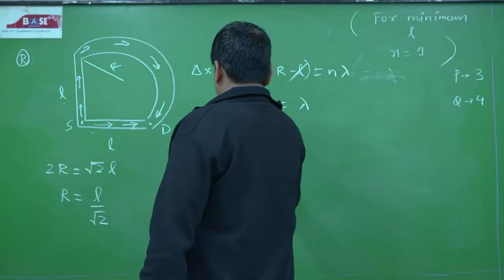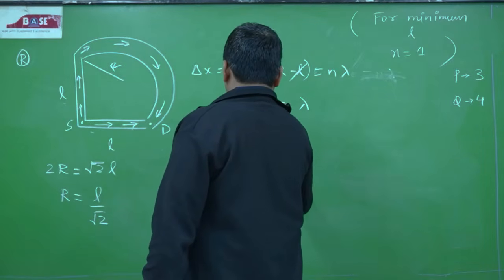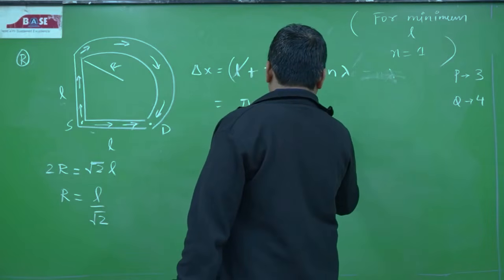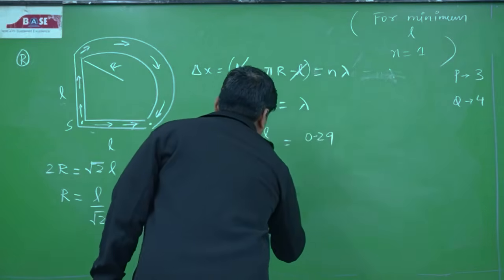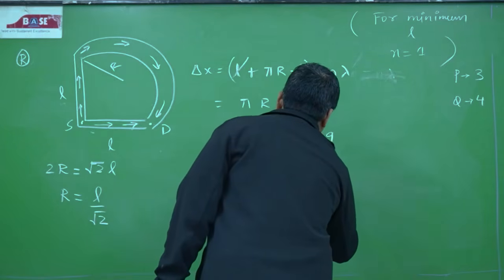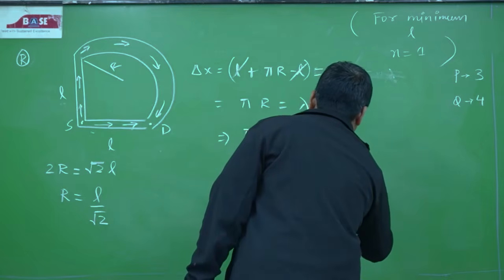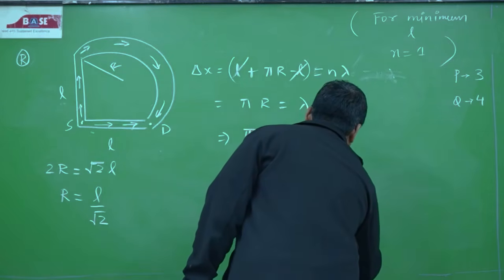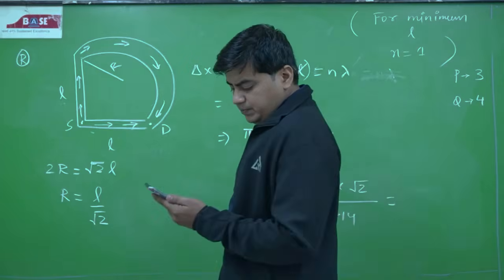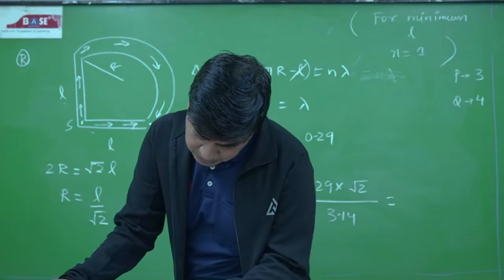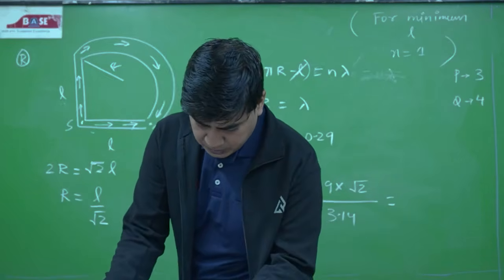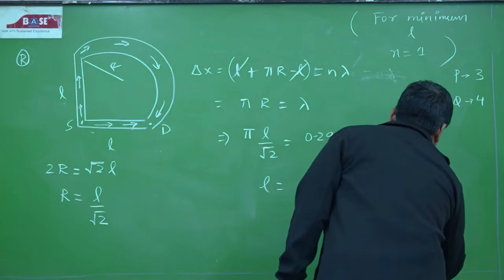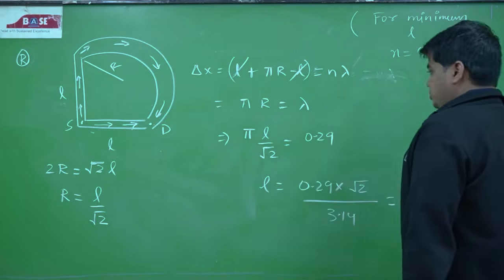So I'll put pi into L by under root 2 equals 0.29, and from here L becomes 0.29 multiplied by under root 2 upon pi, and pi is equal to 3.14. Now when you simplify this, you will roughly get around 0.13 meter, and this is option number